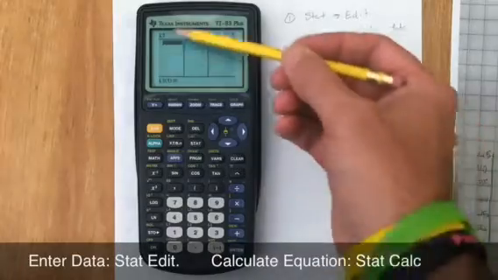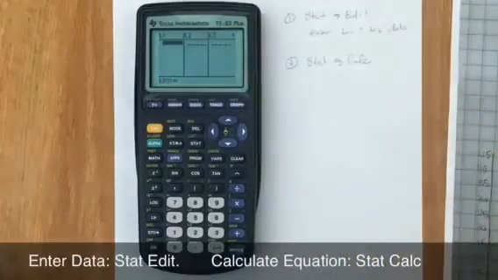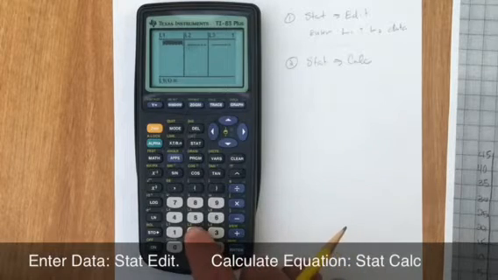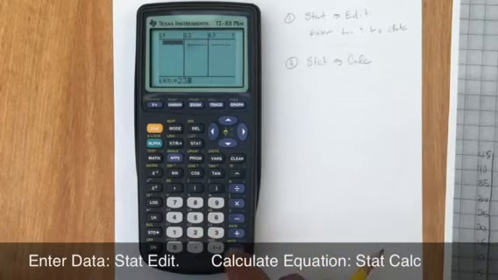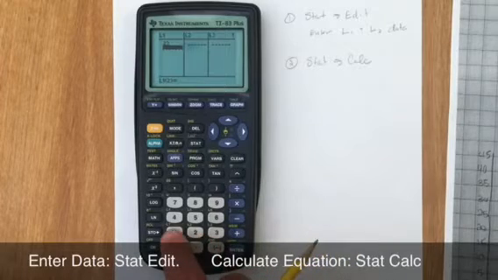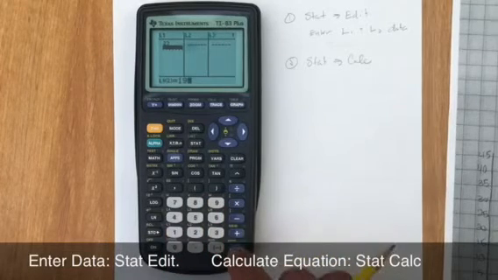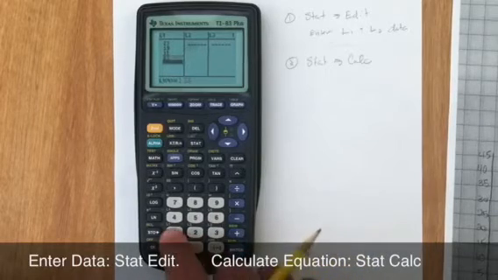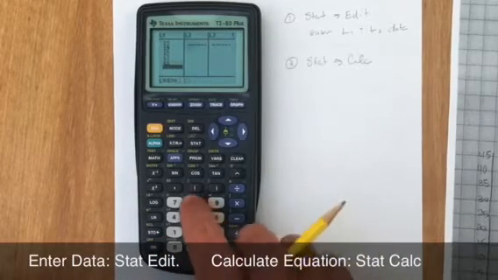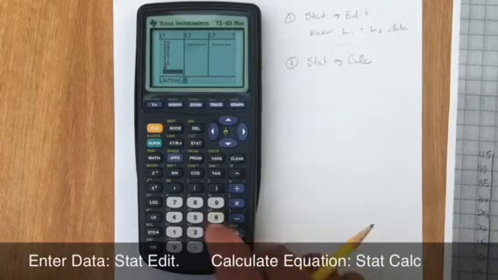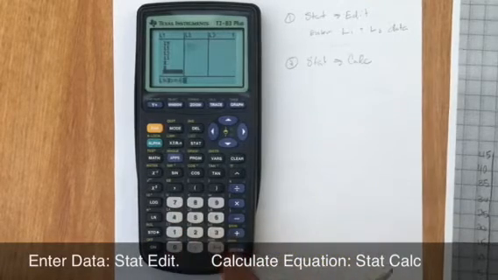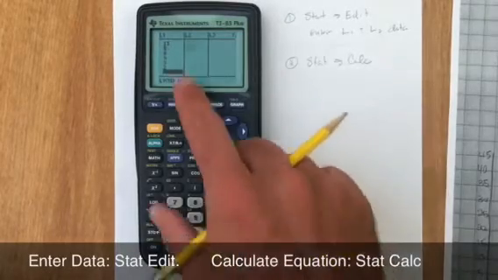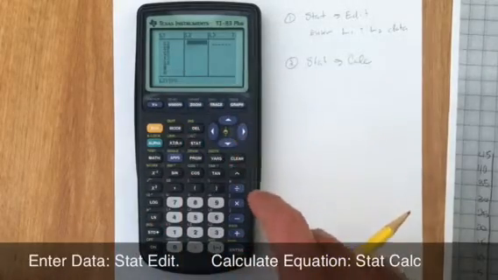Okay, now in my L1 and L2 column I can add my X and Y data going on down. So I'm going to go ahead and do that now from my notebook. 13, 11, 8, 6, 4, 3, 2. And once I've entered the L1 for my X, I'm going to come over to my